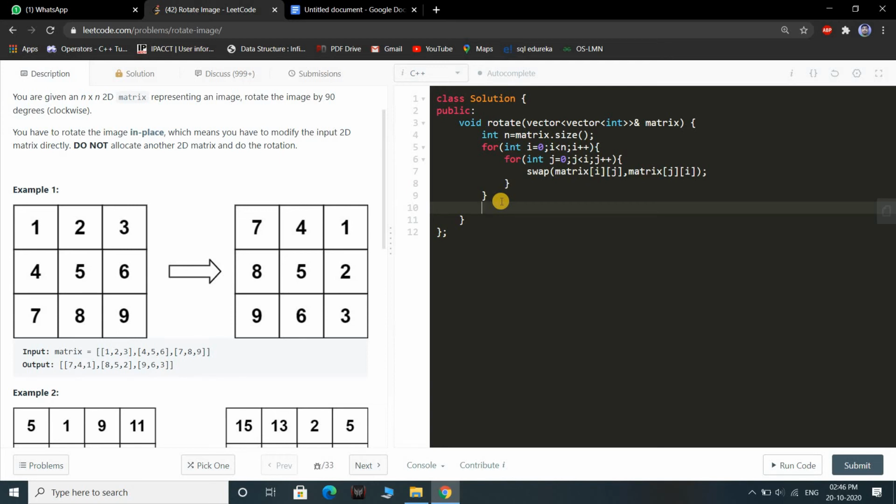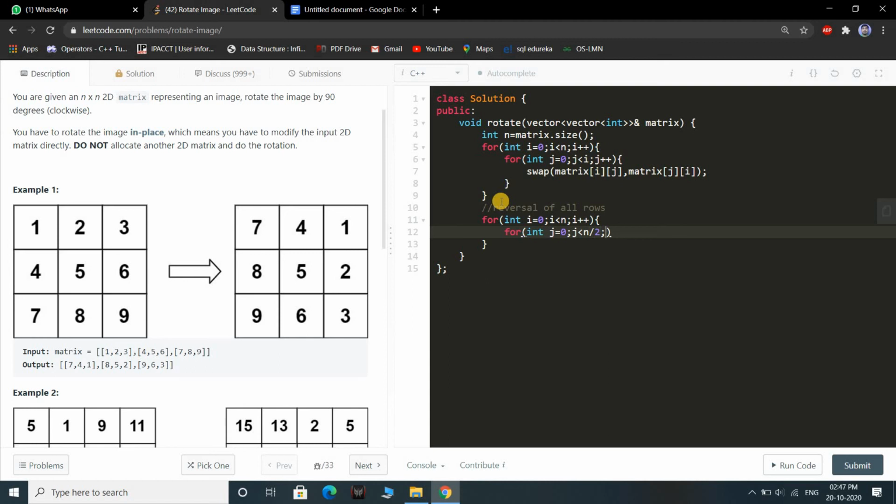Now we will simply write the code for reversal. Basically reversal of all rows. So again we will iterate through the matrix. For each corresponding row we will write j is equal to 0, j less than n by 2.